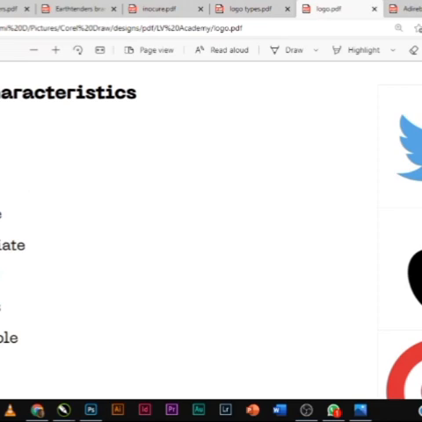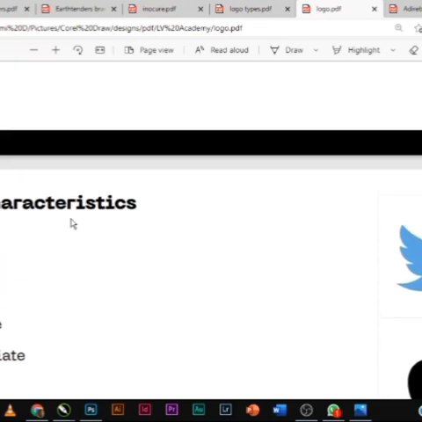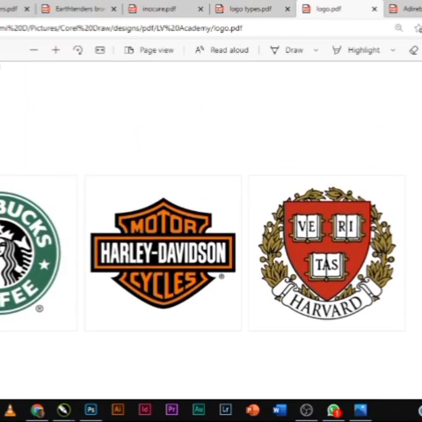Number three, it has to be versatile. And what that means is that, can this logo work on different platforms? The Starbucks logo, can it work on a shirt? Will it be visible